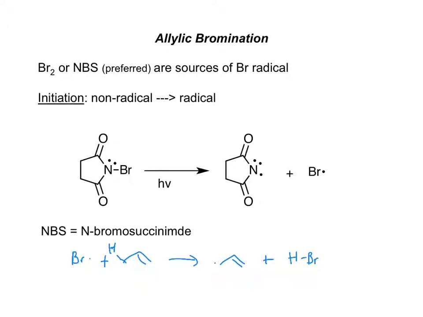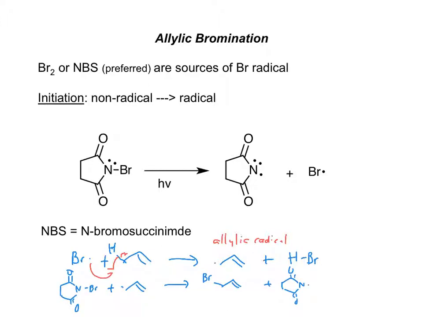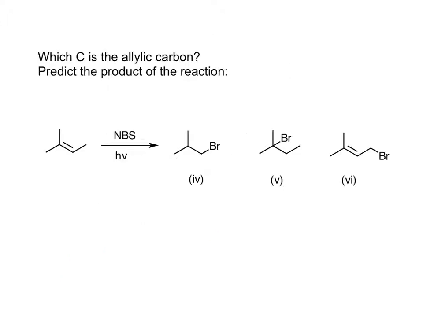Stop the video and use curved arrows to show how this reaction occurs. Here's what happens. In the second propagation step, the allylic radical reacts with NBS to form the product, and another radical. The allylic radical can also react with HBr to form the product. So let's practice. Identify the allylic carbon in the reactant and predict the product of this reaction. And the answers are: